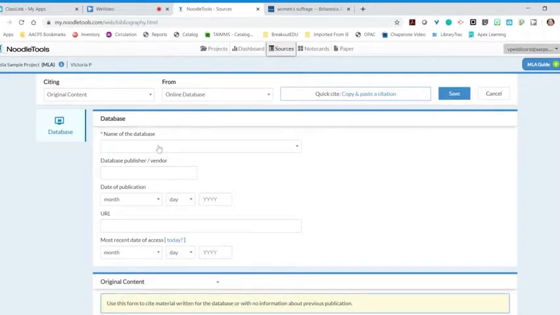It asks you for the name of the database, so you can type that in there. It asks you for the publisher or the vendor. You can find that usually at the very bottom of the screen of your database. Then the date of the publication, the URL, that's the web address, and the most recent date of access. If it is today, you can simply click on the today link, and it will make that date the day's